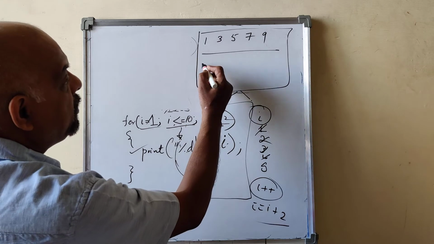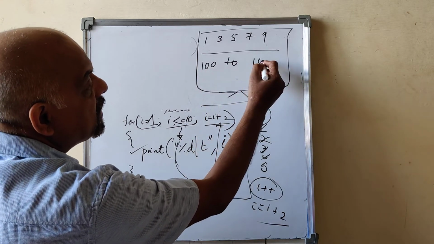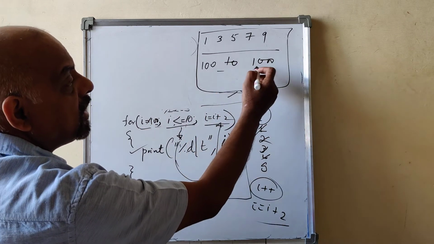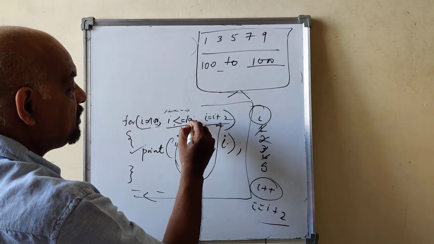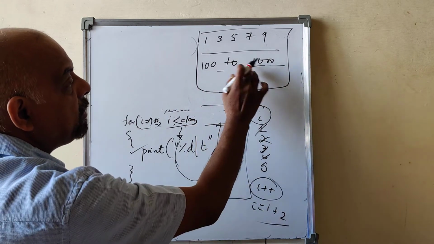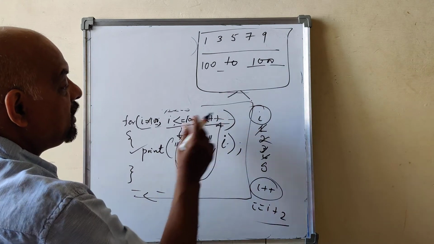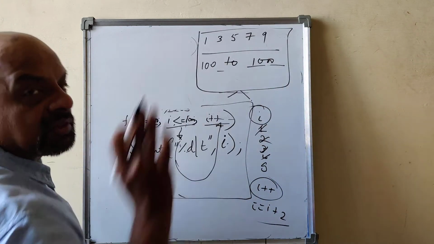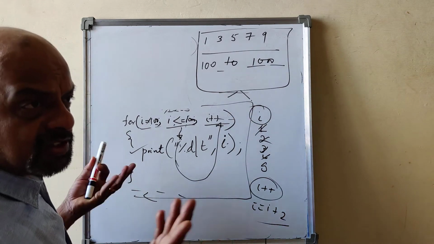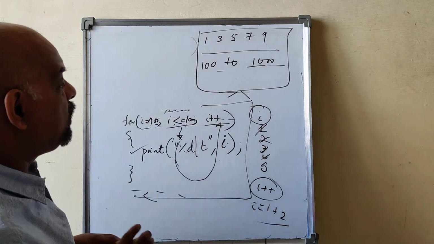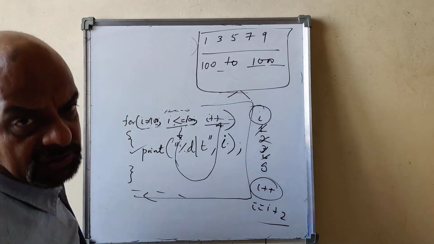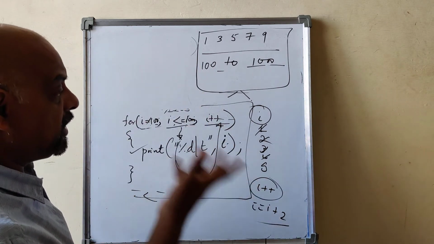Suppose if I want to display from 100 to 1000 like this. Here you can give 100. 100 to 1000. 1000 you have to give. And the difference you have to give like this. For example, I plus plus. 100, 101, 2, 3, up to 1000 like this. So you have to design a logic based upon the nature of the problem, understand the problem, what needs to be done. According to that, you have to design the loop control variable, initialization, condition, and updation. It may be modification also, increment or decrement.